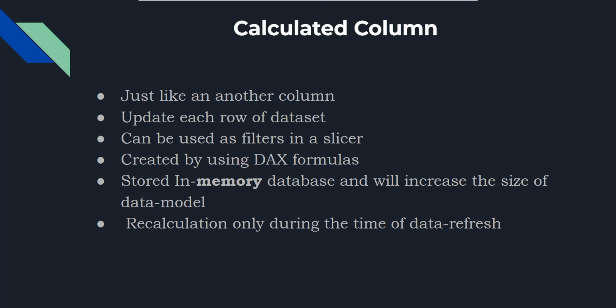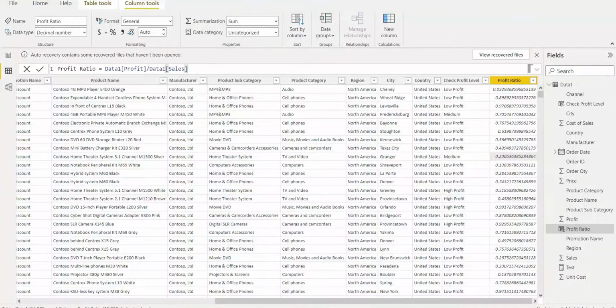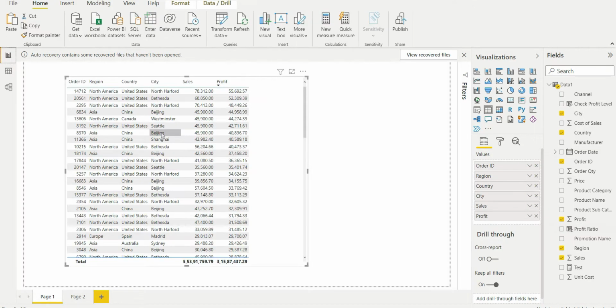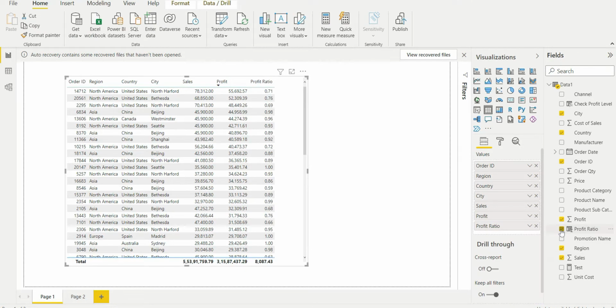Also, this can be your thumb rule: once you are creating a calculated column, maybe you want that field to be used in the slicer, and that's why you are creating a calculated column instead of a measure. That means now I want to analyze my IDs. So first of all, let me bring the new calculated column over.